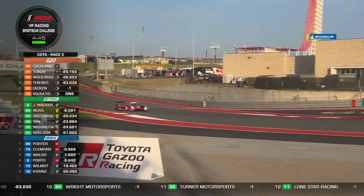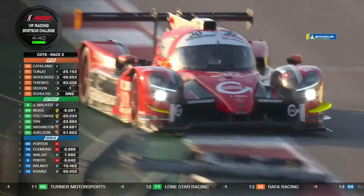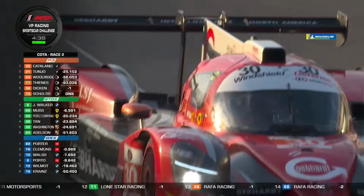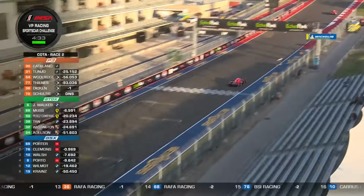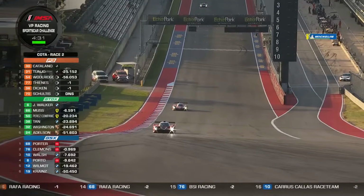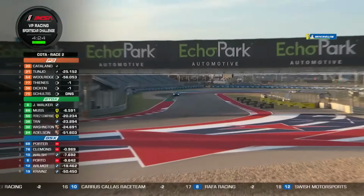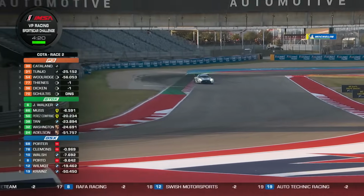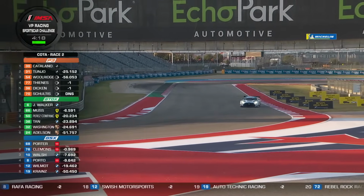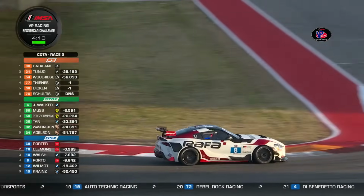It's worked out to the benefit of some and obviously to the detriment of others in this one. It's interesting that we've seen so many track limits penalties in race 2. Yeah. It really wasn't a talking point in race 1. Here's a speculative theory for you. We've got the sun coming down, the shadows are growing long. Does that just change your sight line a little bit? Ryan, now you're talking like a race car driver. I couldn't see it. The sun was in my eyes. Yeah. I don't know. I think, too, you get that confidence after being on the racetrack,